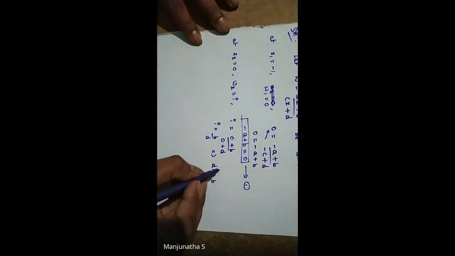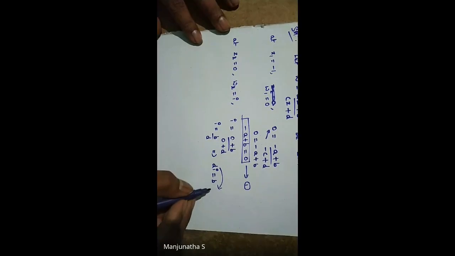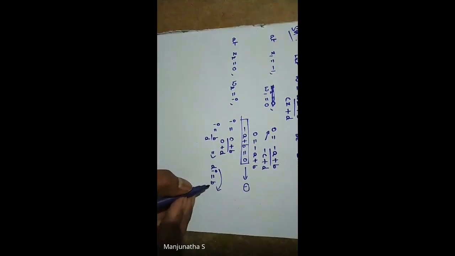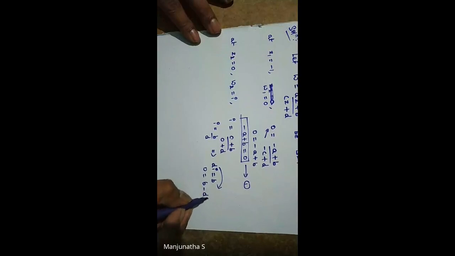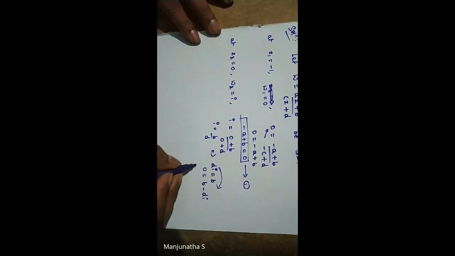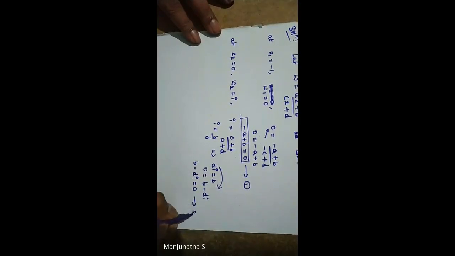So when you send this d to the other side, why do we need to send d itself? The first letter should be in alphabetical order, so we take 0 is equal to b minus, after b we get d, no? So for that we need to send d to the other side. So b minus c, or else you can send anyone. Okay, that's your wish. So this is the second equation, b minus di is equal to 0.